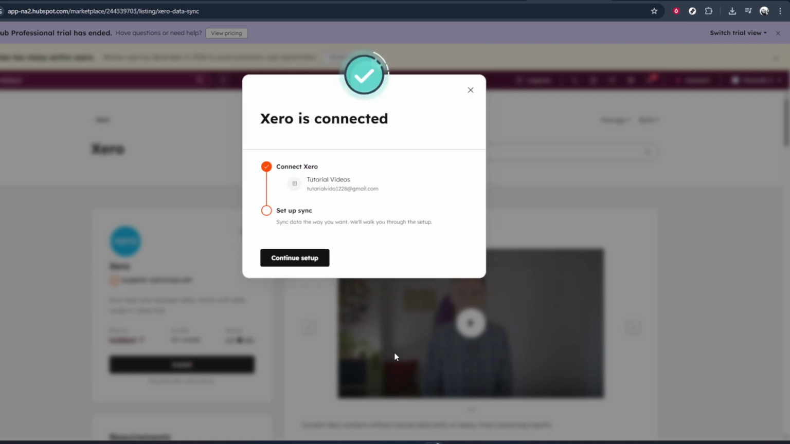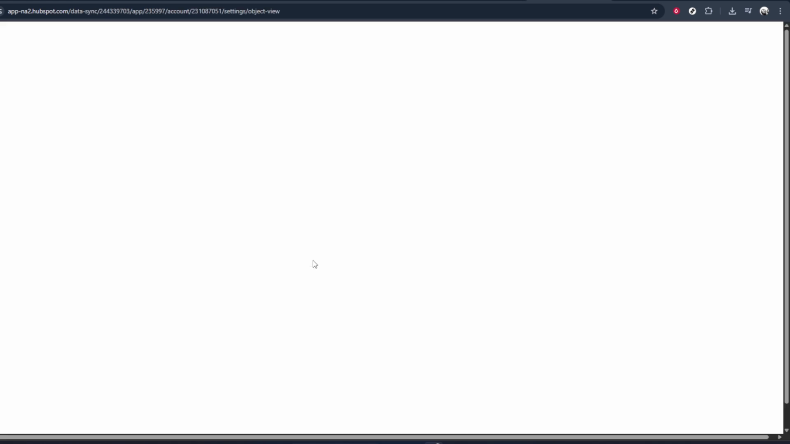You'll likely be asked to sign into your Xero account and to grant permission for HubSpot to access certain data. Read the permission screens carefully, then confirm to continue. Once you've completed the prompts, the integration will be installed and your HubSpot and Xero accounts will be connected, ready to start syncing data based on the settings